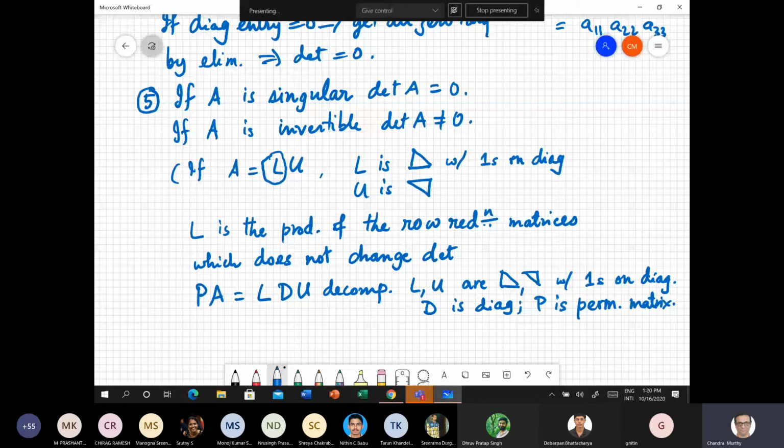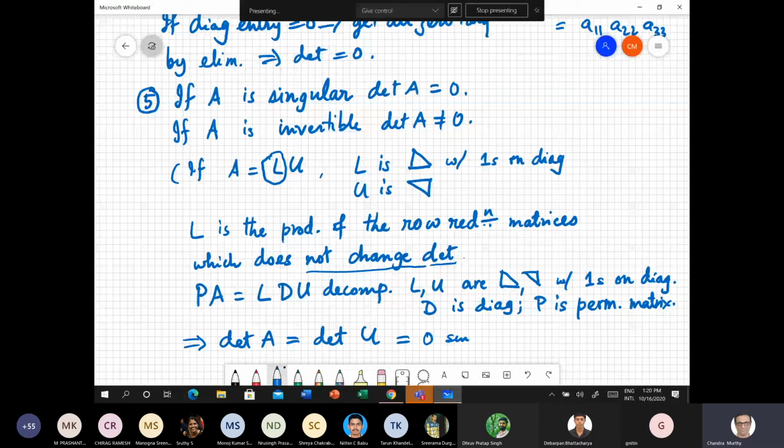Since each step is a row reduction step, it does not change the determinant. As a consequence, the determinant of A is equal to the determinant of U, which will be 0 if A is singular,